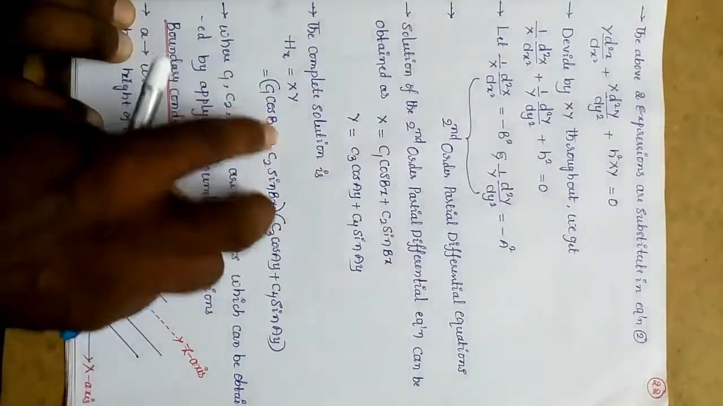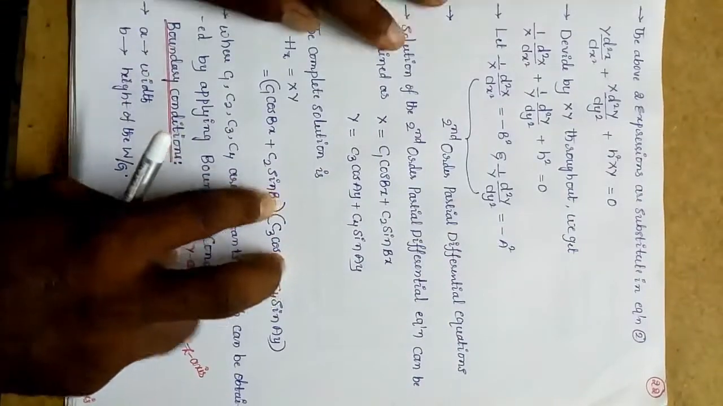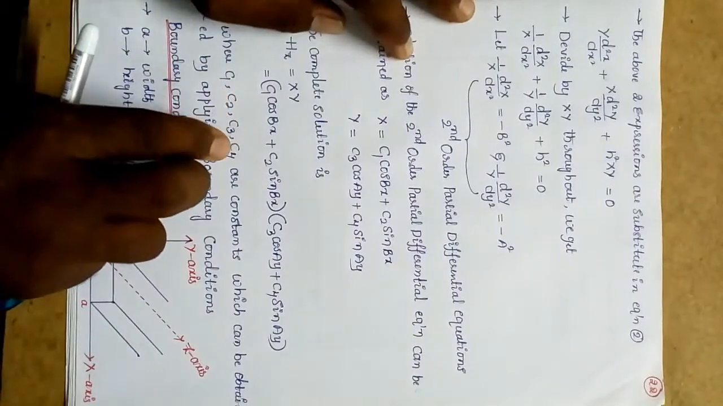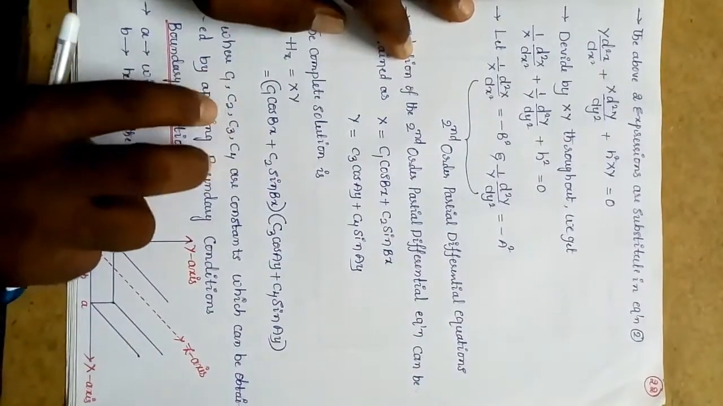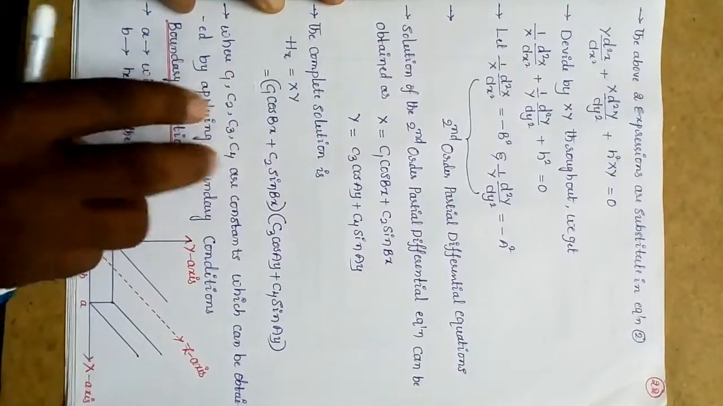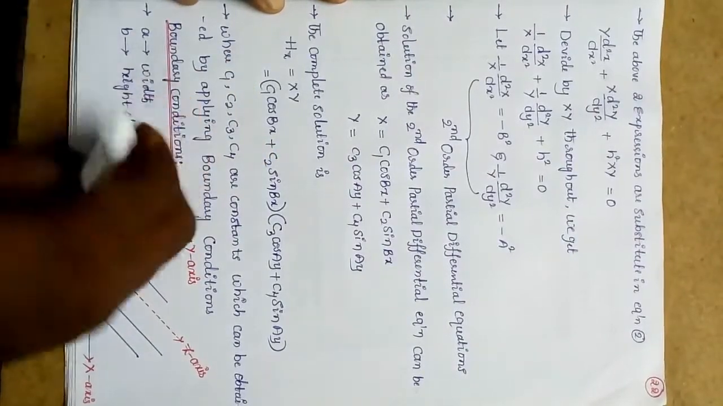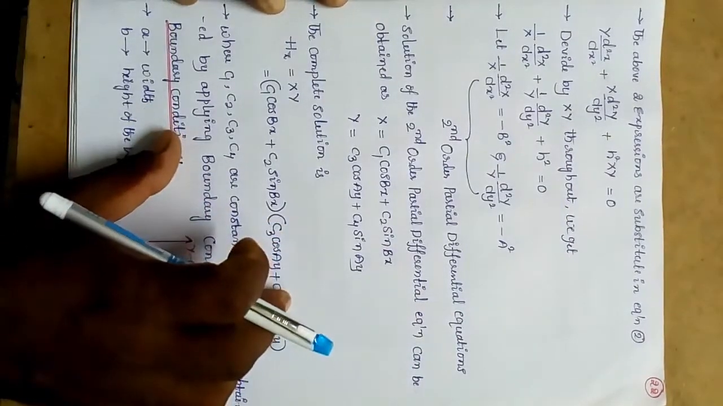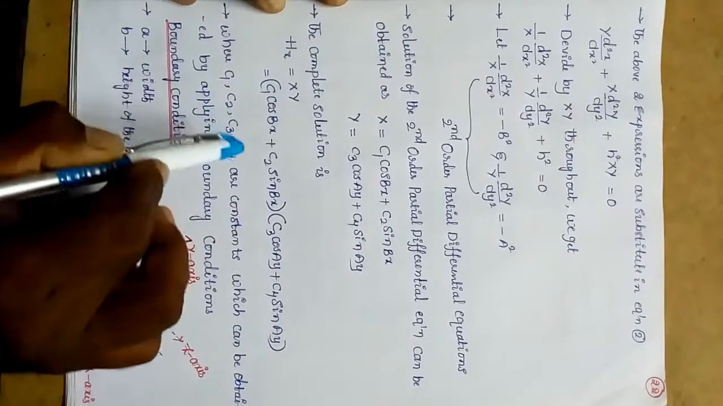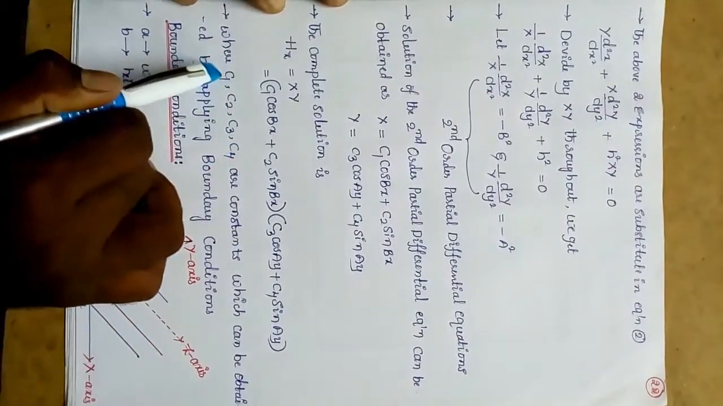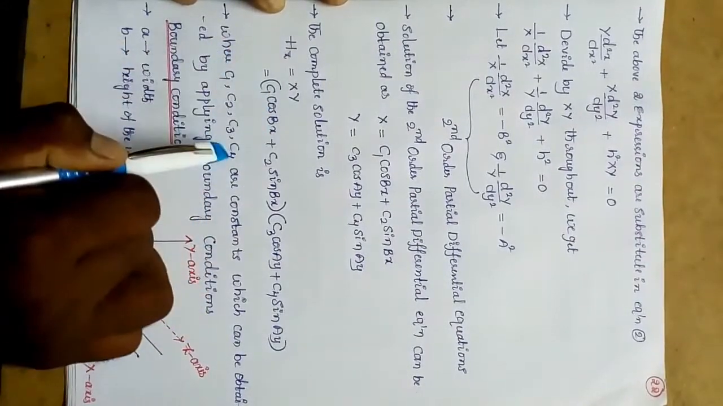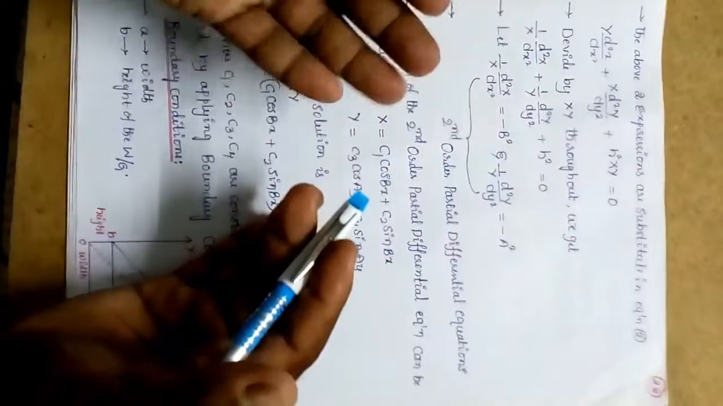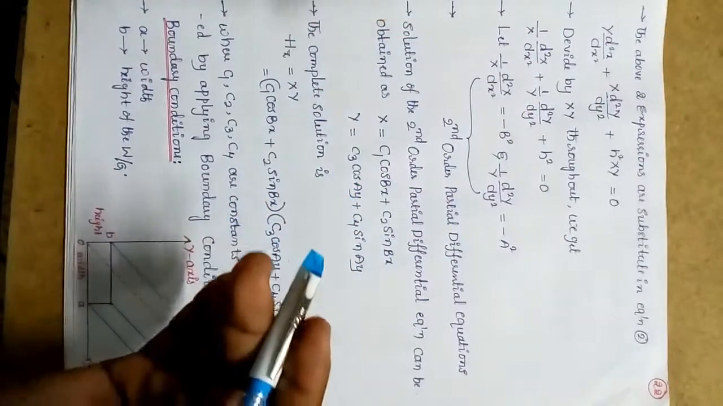From these equations, just observe that 4 constants are there. What are they? C1, C2, C3, C4. These 4 terms are known as constants, which can be obtained by applying the boundary conditions. When we apply the boundary conditions to the particular waveguide, you can easily find C1, C2, C3, C4. Again I am saying, C1, C2, C3, C4 are constant terms, which can be obtained by applying the boundary conditions to the particular rectangular waveguide. So how to get C1